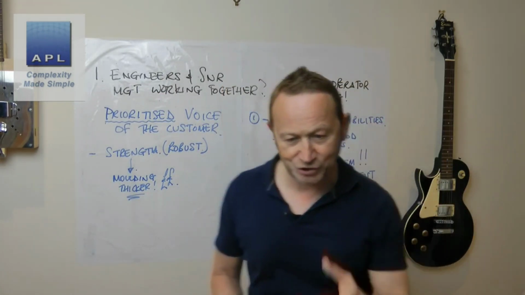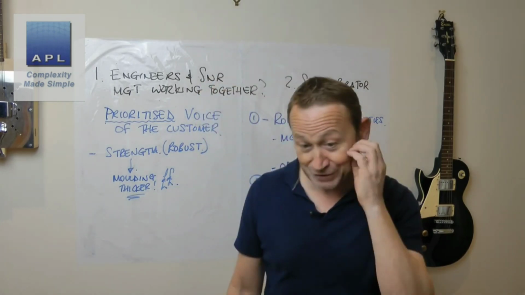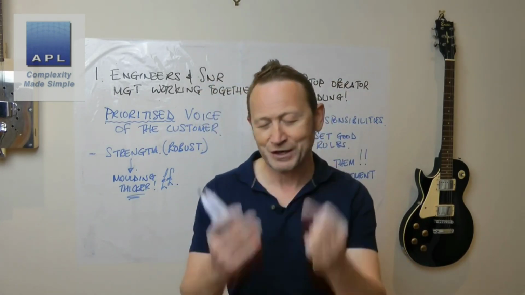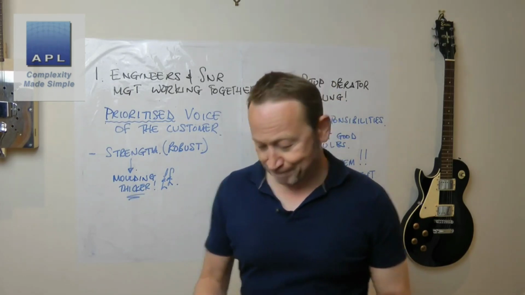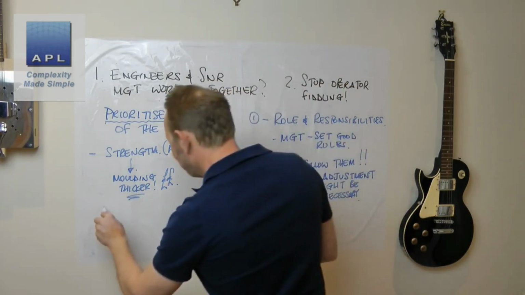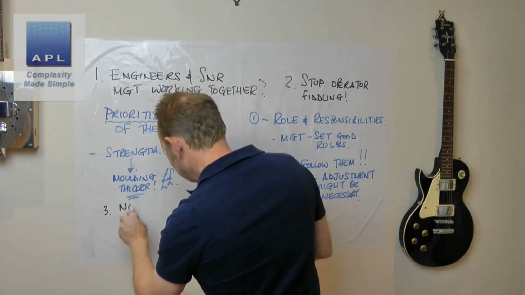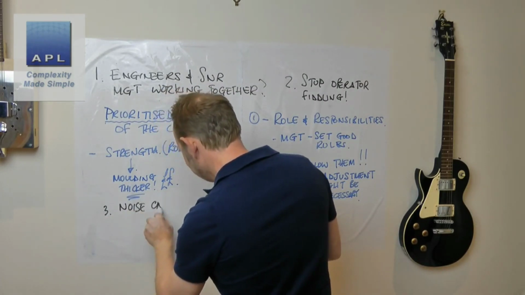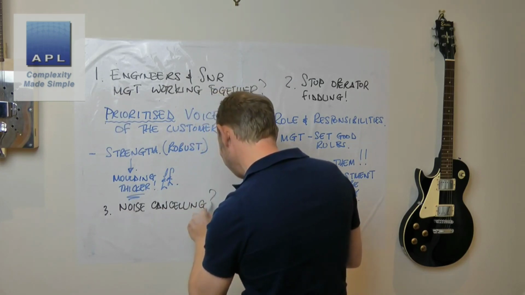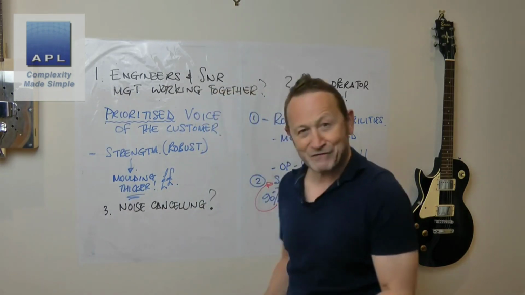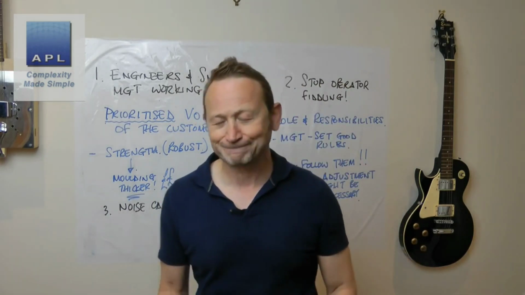Okay, and what's the last question? Could there be some automated way to compensate for noise in a process, like noise cancelling software? Which is a fantastic idea. So question three, some kind of automated noise cancelling system. And what he's asking me is, have I ever seen it? Do I know of a system?